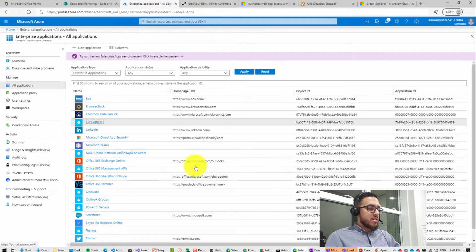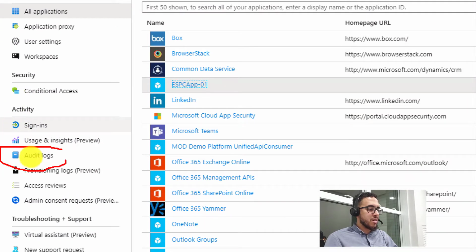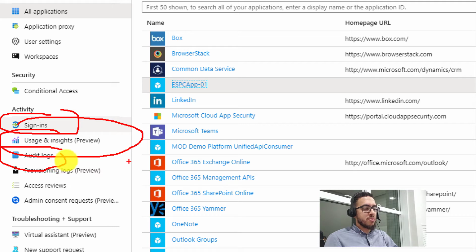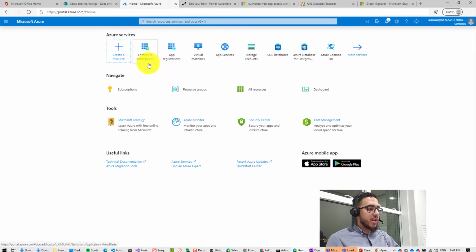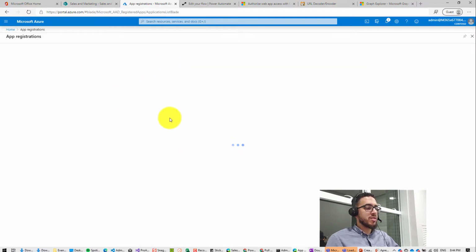So here you can see, I will not go into any part of this more, because there's a lot of things to say here, but you can manage the audit logs and the activity insights. If some of these applications are taking more time or using more resources than you want, you can check all of that. Okay, and if I go home again, I can go to app registrations